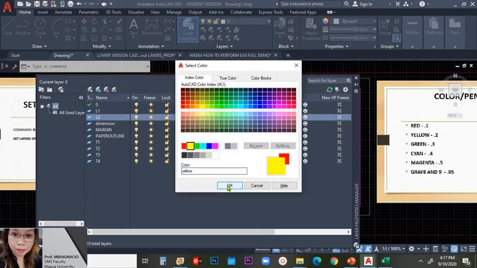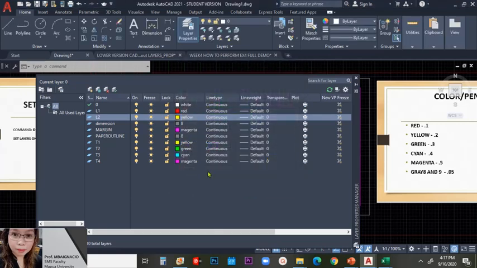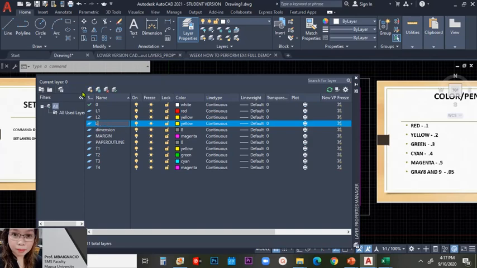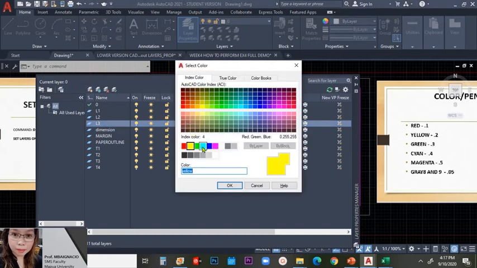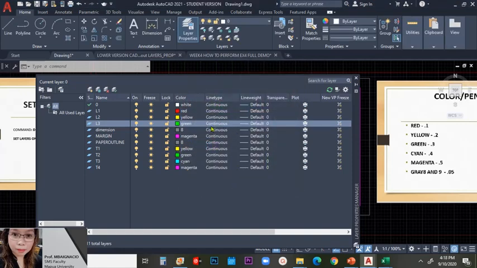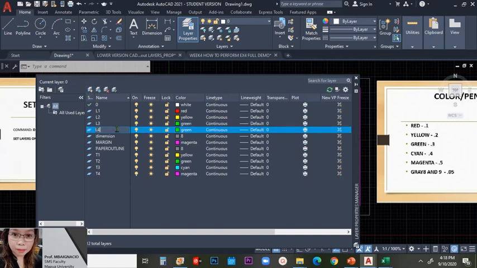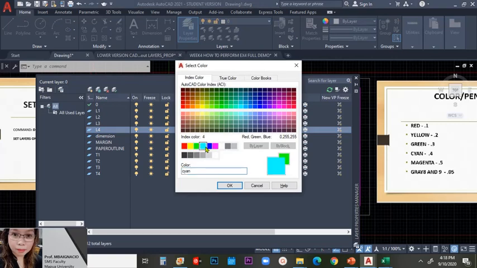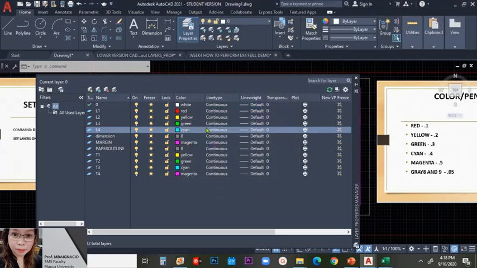L2 would be color yellow, which is 0.2, continuous line type. Next, L3, again change color, green, click OK, and then line type is continuous. And lastly, L4, color is cyan, which is 0.4, click OK, and then line type is